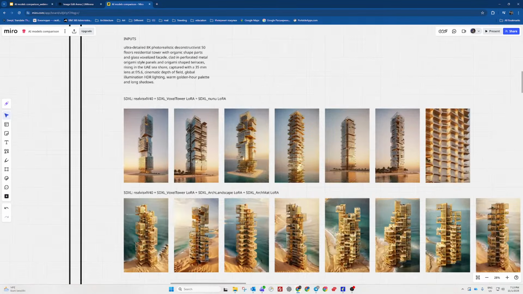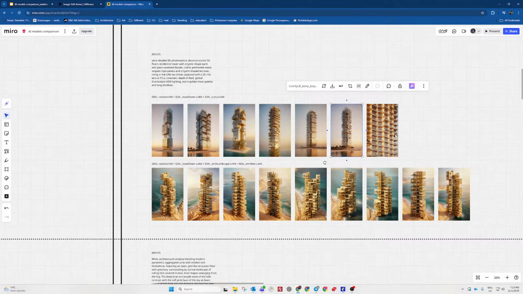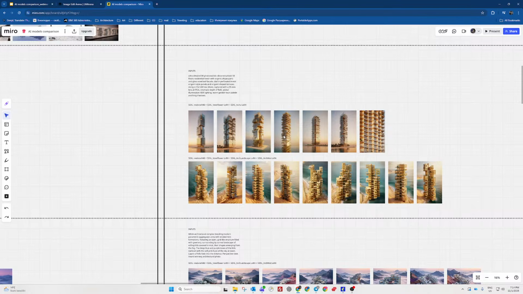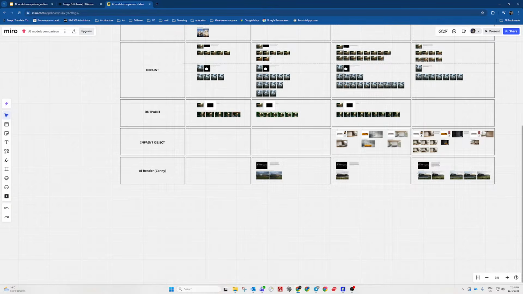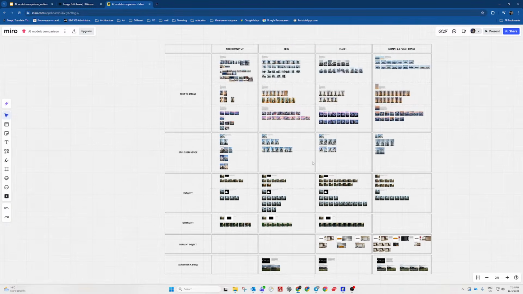For example, for SDXL, I probably give you this in the presentation. But of course, when I tested, I did a lot of images. And I will share this Miro board later. It's not finalized yet because I stopped here with the AI render and did not even do a lot of samples here, and it's only one type of AI render in presentations. In this presentation you will see more, and I will continue this board afterward. It's not finished yet, but I will provide this board link in the description of this YouTube video after we finish this